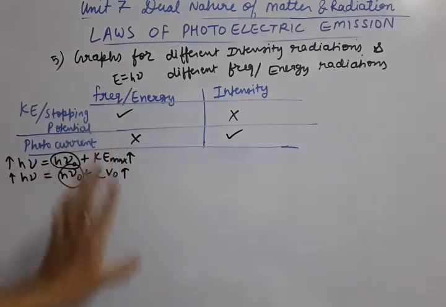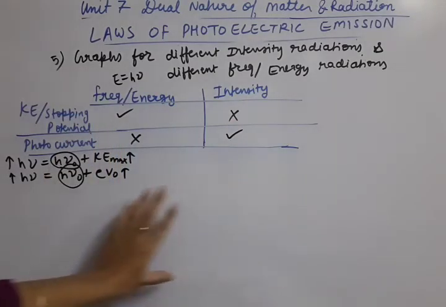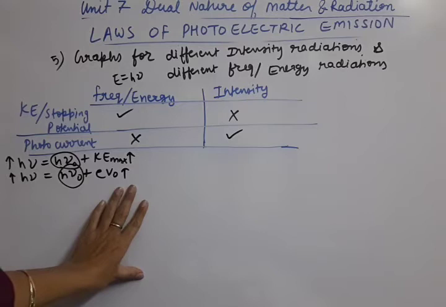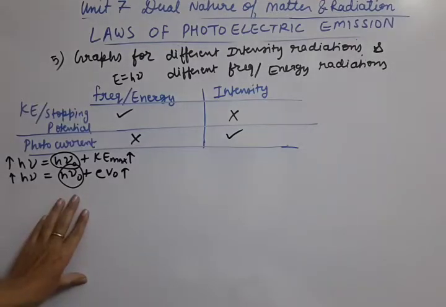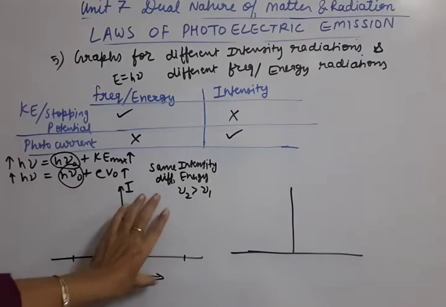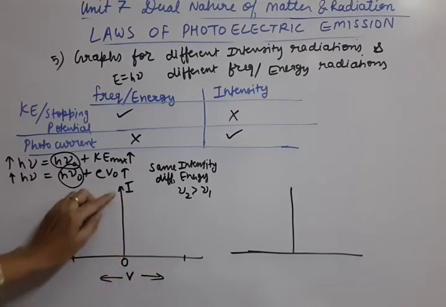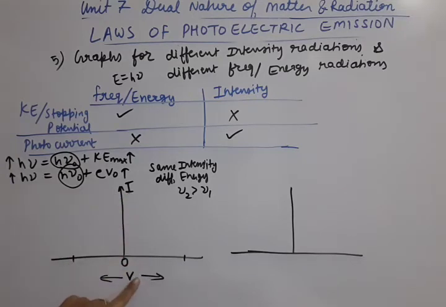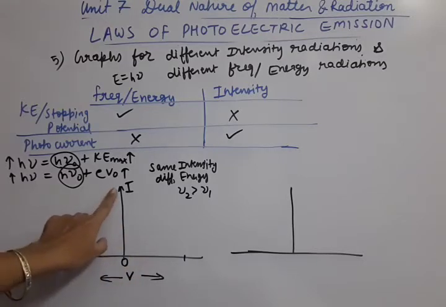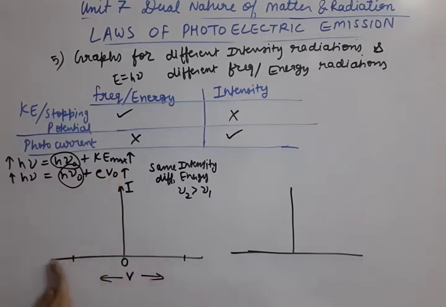So using this table, now we will draw two types of graph. In one graph, we will keep the intensity of the two radiations the same, and in the second graph, we'll keep the energy the same. Let us come to the same-intensity graph first. Here first of all, I have to draw a graph between voltage and current. Voltage is the one applied at the supply, the changing voltage between the anode and cathode in the Lenard experiment, and current is the reading of the ammeter. So this is the current scale and this is the voltage scale.